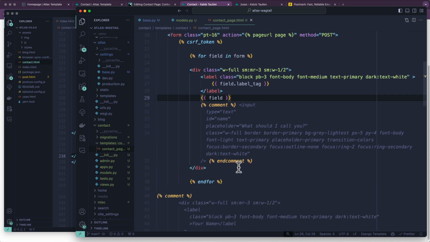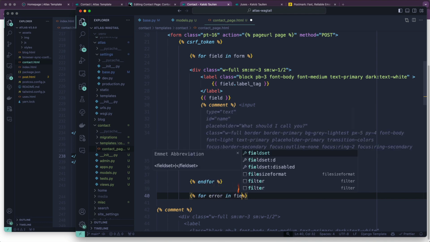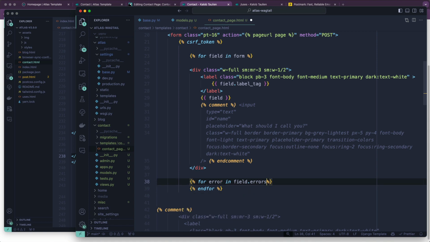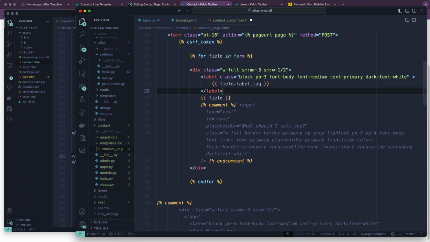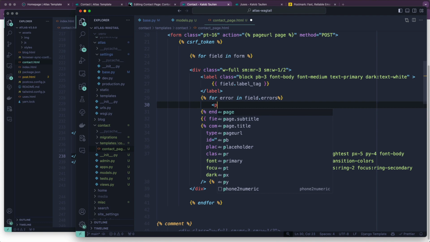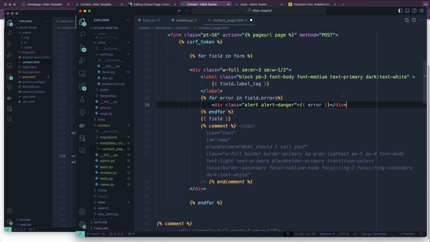So out of the for loop near the bottom, usually what I do is for error in field.errors. Yeah, maybe we actually do want it in here. Put it underneath the label. And I'm gonna write some stuff in here. I don't know if it's totally supported in this template or not, but we're gonna try anyways. Div class is equal to alert danger. We're just gonna put the error in there as text, /div,